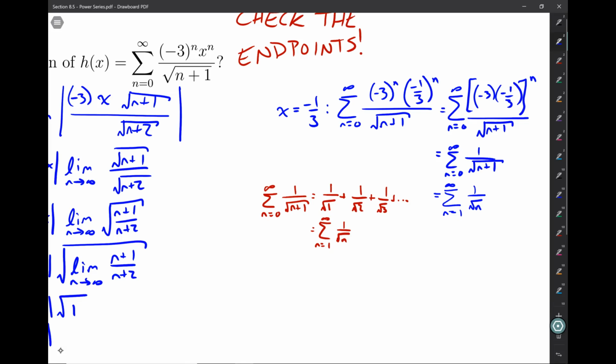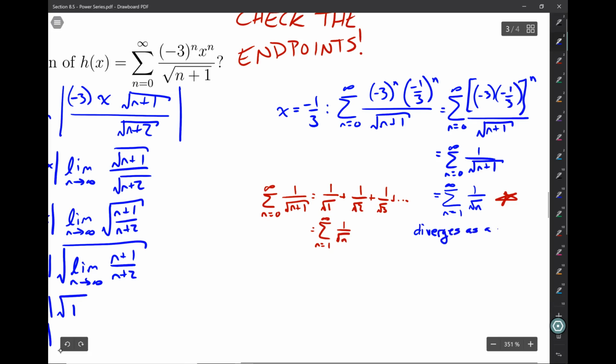Now this series actually is a p-series. The series right above it looks like a p-series, but it's not a p-series. We'd have to use some sort of a comparison or limit comparison test on it. And it turns out the comparison test would not be conclusive. We would have to go with a limit comparison test. But this series actually is a p-series. This is a p-series that diverges